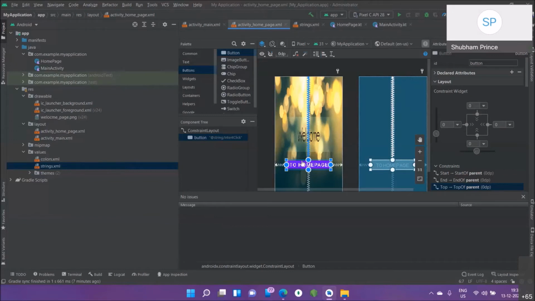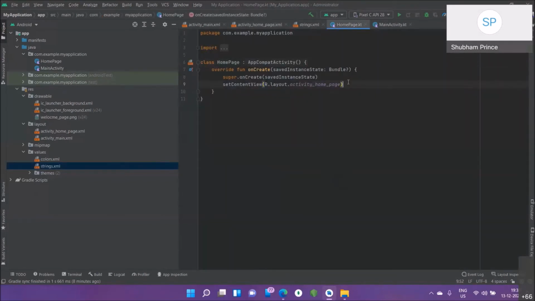So here we are going to add this on click listener so that we can start another activity. It means it will move from one activity to another activity. Set on click listener to this specific button. Let's understand this portion.